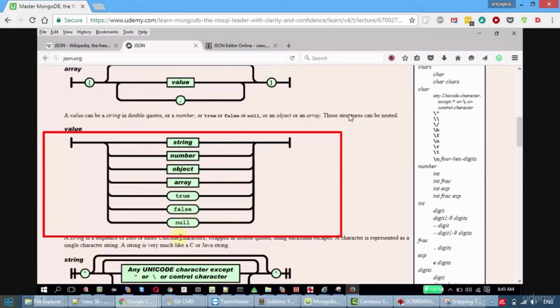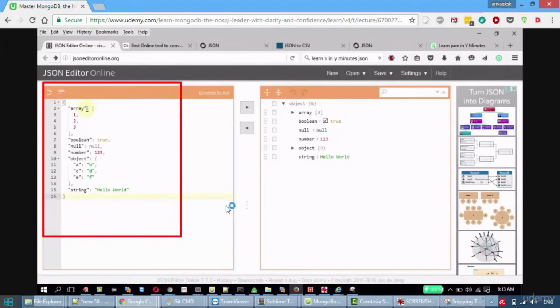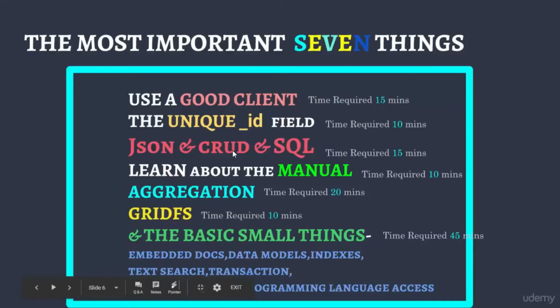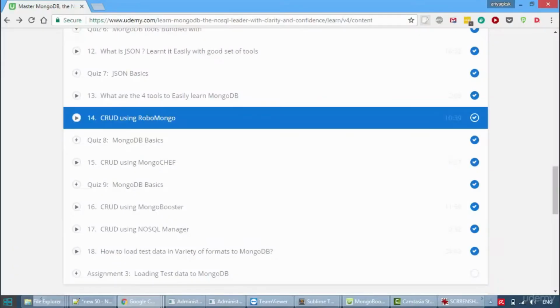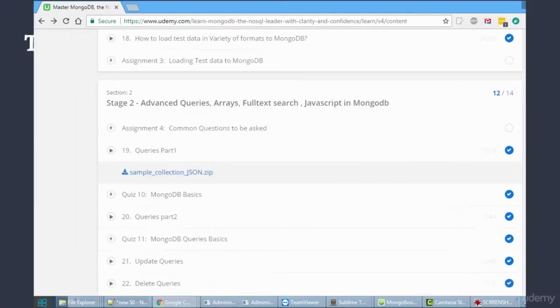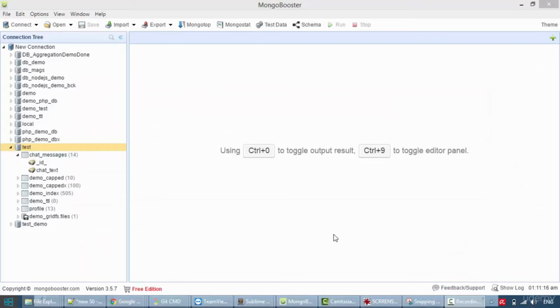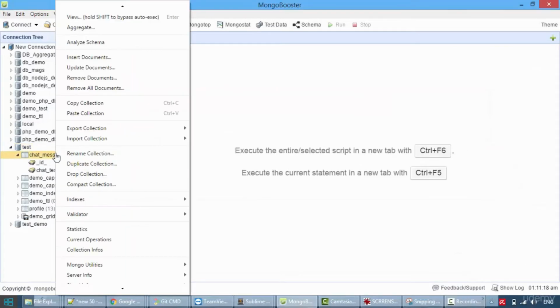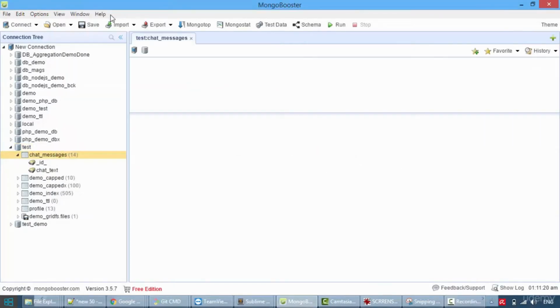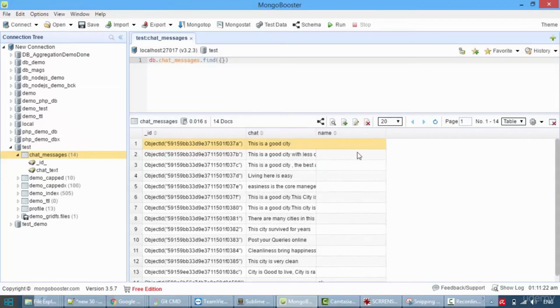So these are the data types available. And similarly, this example shows you how JSON is organized. For CRUD operation, that is create, retrieve, update and delete, we have a demo session with 4 different clients, and similarly later in section 2 we are covering this in detail including arrays. It's very easy. You can easily insert, update, delete and edit documents using the MongoDB clients. I'm using Mongo Booster here.